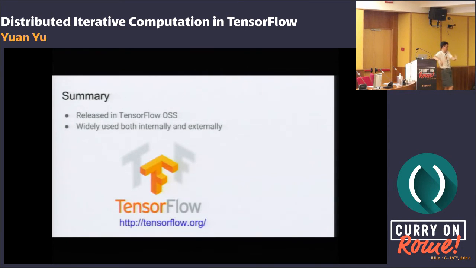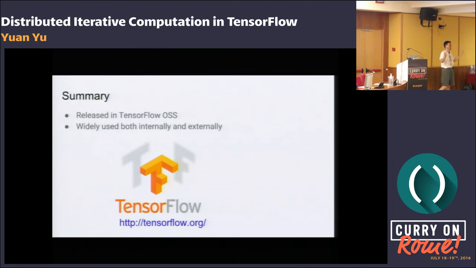The same thing is true here, and the graph that actually ends up executing is quite different from the graph you initially constructed. For instance, if we do constant elimination or common sub-expression elimination, the graph being executed at an executor can be quite different from the graph you construct.